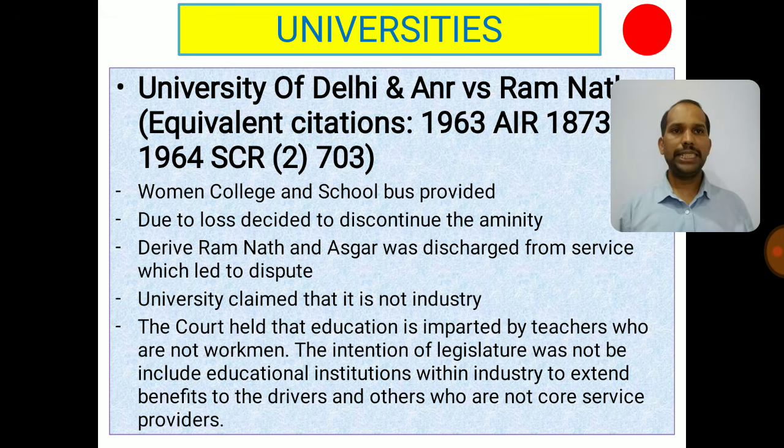Here what they say, teachers are very important in education institution and they are not workmen, and any other supporting characters, they were not in any kind of core service activity. So educational institutions are not industries. Guys, as of now this stays red, but remember all the reds have become green once Rajappa's case concluded. So you can see this case as red while you are writing in exam, but while concluding your answer you have to mention that all these cases later courts said that these are also industries. But for now, in the year 1963, universities are considered not as an industry.